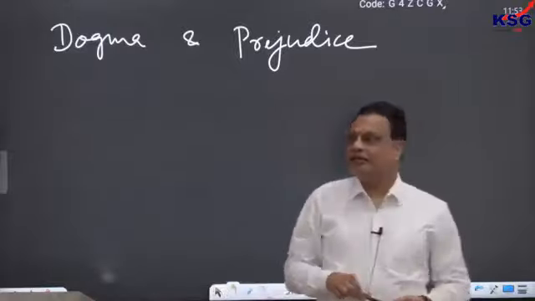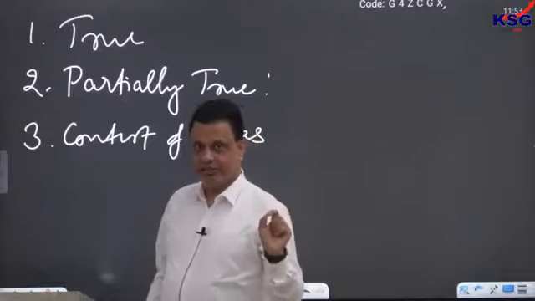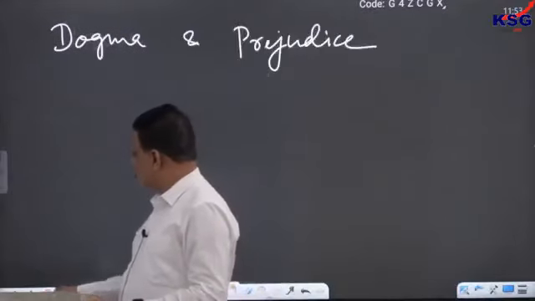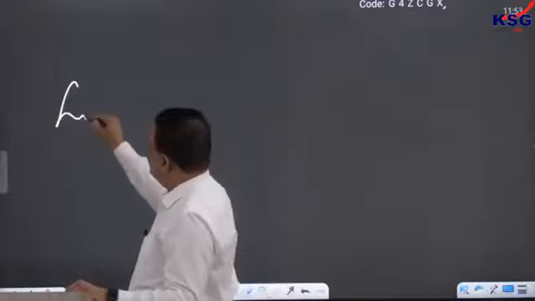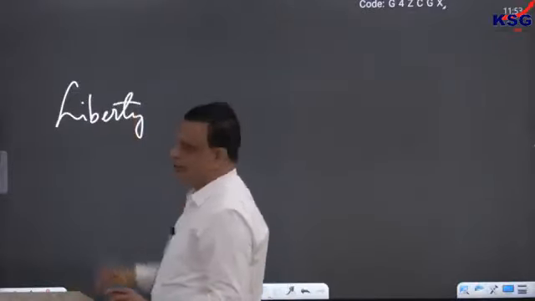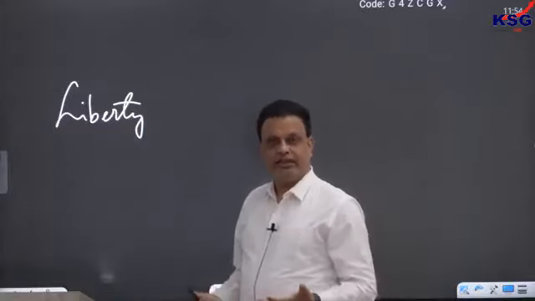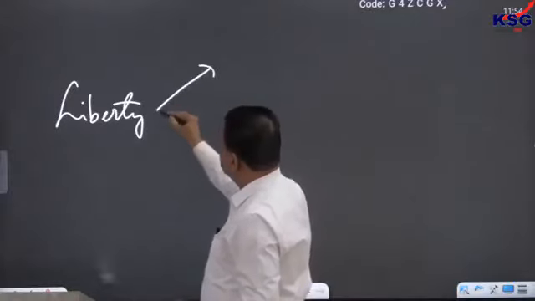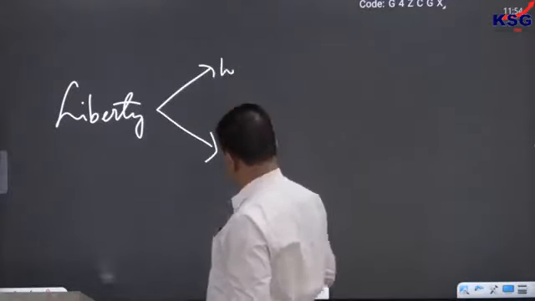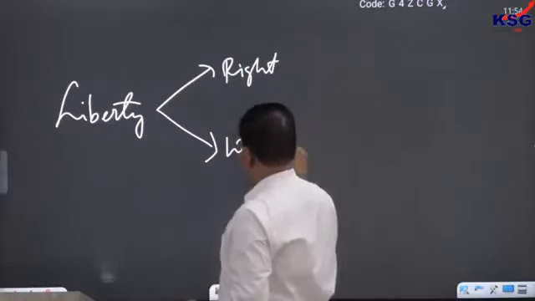The idea here is that he says even if the minority is 100% wrong, then also they should not be suppressed. Now, before we talk about contest of ideas, let us talk about some general idea of liberty that people often forget to realize. Whenever we talk about liberty, liberty always means two things. One we often recognize and the other we often fail to recognize. That creates lots of problems in our dealing with liberty. So liberty has two meanings. Liberty means liberty to be right, and liberty also means liberty to be wrong.